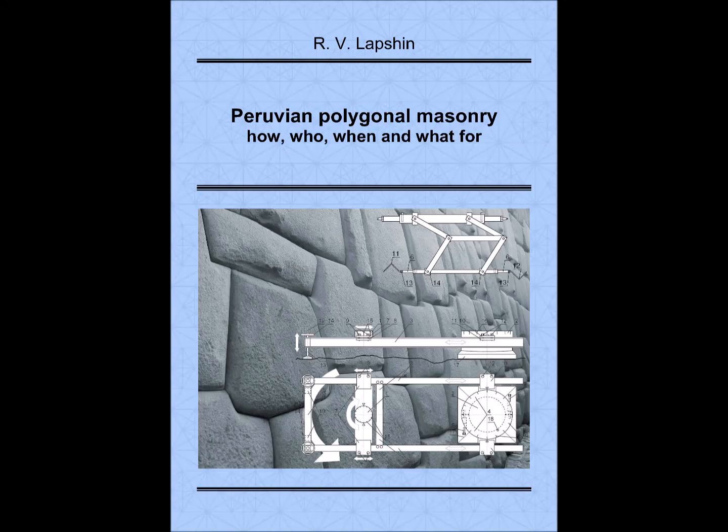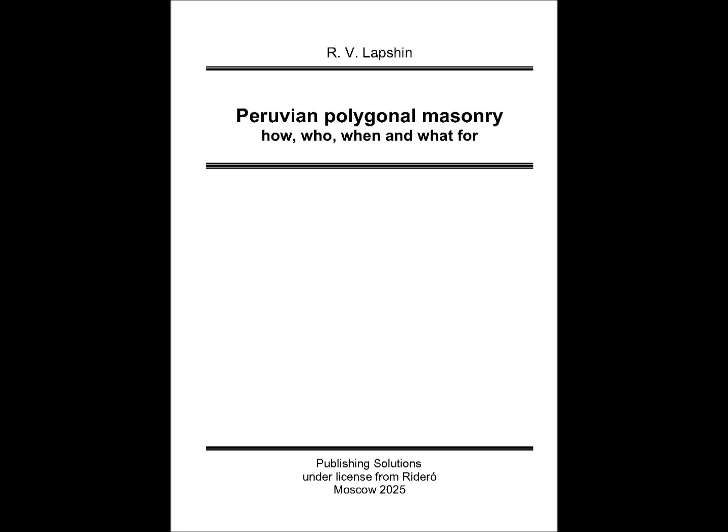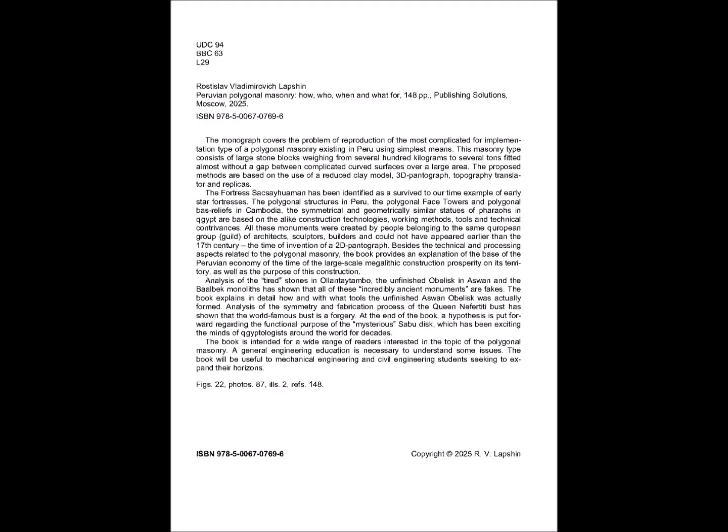R.V. Lapshin, Peruvian Polygonal Masonry: How, Who, When and What for. Publishing Solutions, under license from Rodero, Moscow, 2025. Rostislav Vladimirovich Lapshin, Peruvian Polygonal Masonry: How, Who, When and What for, 148 pp. Publishing Solutions, Moscow, 2025. ISBN